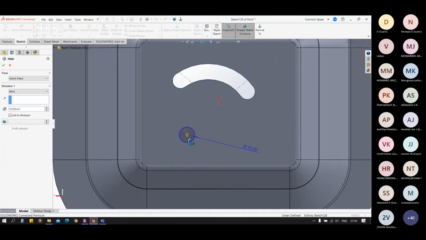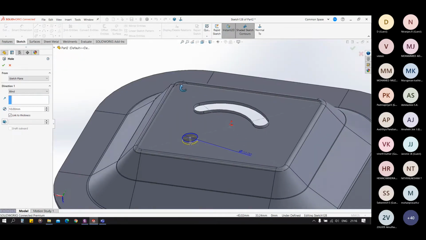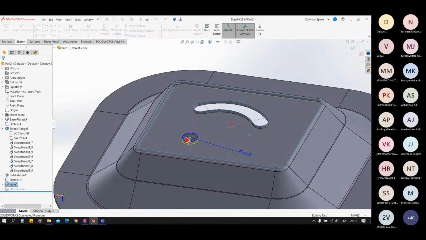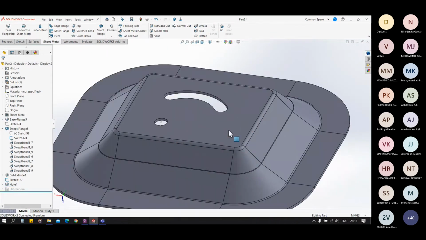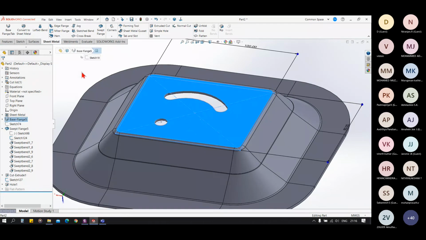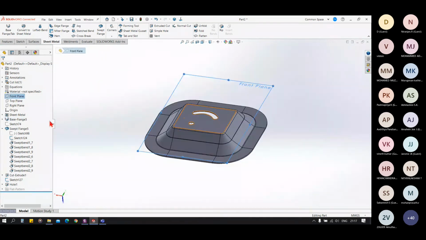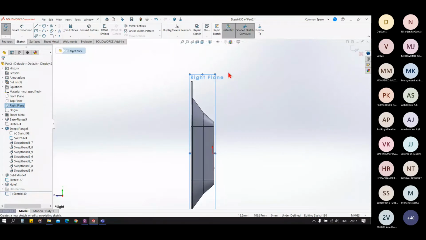Can you repeat the process of making a point, sir? Yes, sure. From the origin. It's just simple. You have to select a face or any plane you want to sketch on. So let's say I want a point on the right plane.